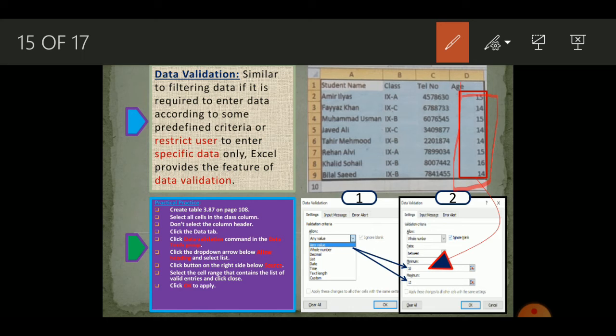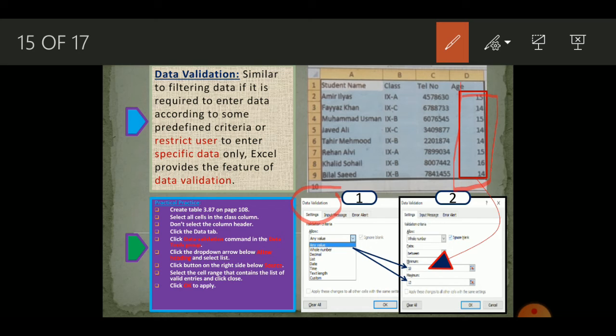To restrict the user, we will go to the data validation command in the data tools group. Then in the allow heading section, we click on the drop down menu. Once you go through this process, you will be presented with the data validation menu.